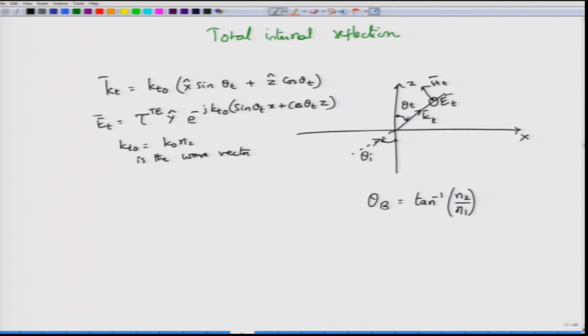Now, what we want to do is to reverse the situation. Earlier what we had considered was n1 is 1 and n2 is 1.44. So, this is n1 and this is n2. This time I am going to consider not the transverse magnetic case that we have been considering, but the transverse electric case. The reason is that in the transverse electric case, the electric field is oriented along the y direction for incident, reflected and transmitted waves. That way I do not have to decompose the electric field vector in my expressions.